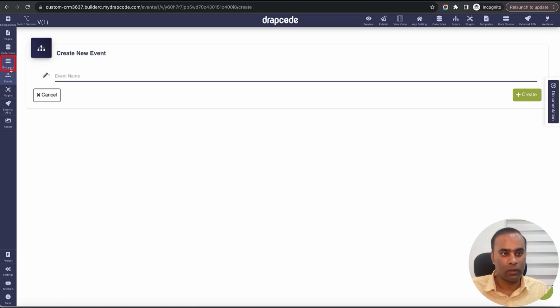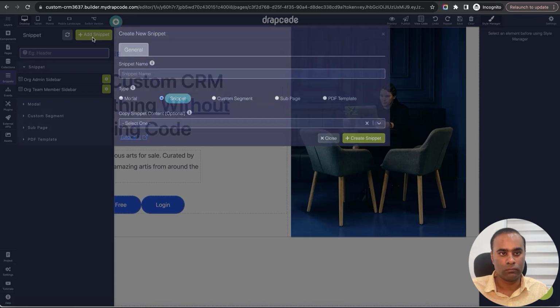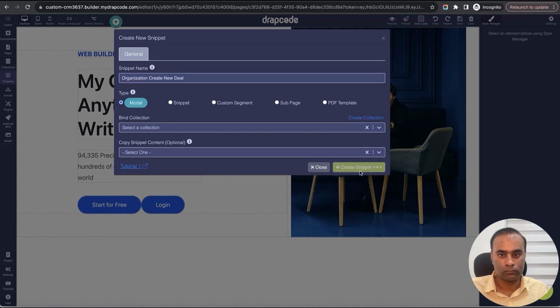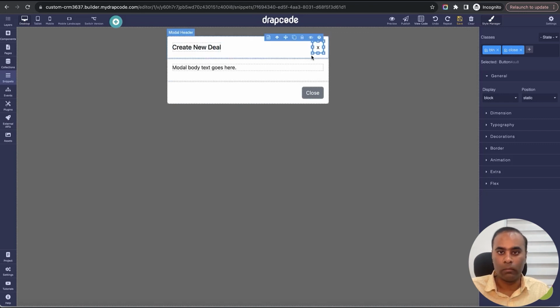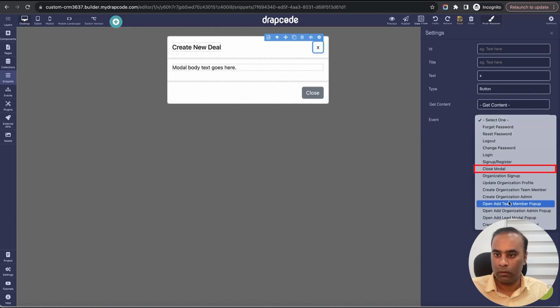Before that, we will need to create a snippet. So I'll add a snippet, model organization, create new deal. I'll just change the title, create new deal. Okay, here bind the event to close the model pop-up. Let's say close pop-up,